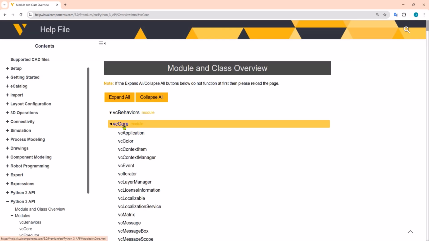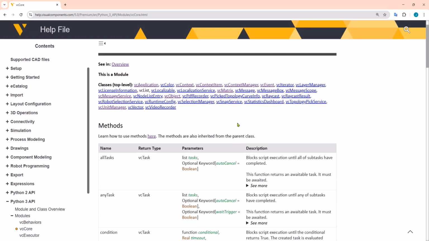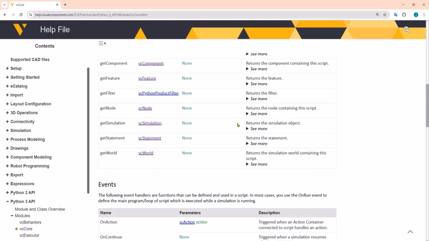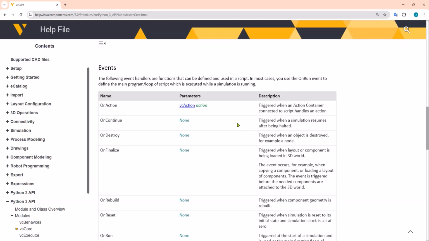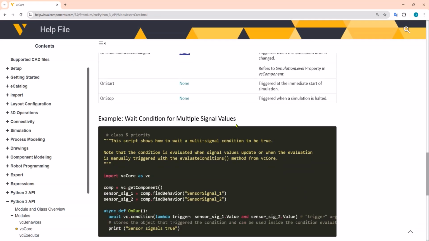We imported the VC Core module, for example, so I can select the module page and I can see what methods and properties and events it has. Also, we have examples at the bottom of the page.